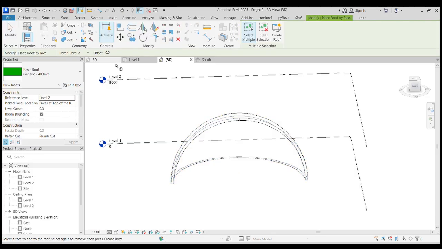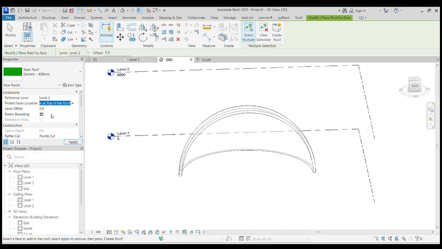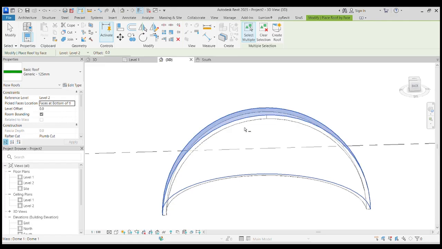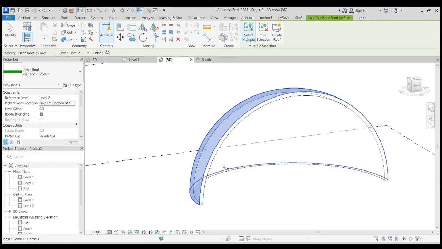Let me tell you the difference between either tools. When you go into the roof, it will be somewhat messy because of the end sides, these here and these. When it touches the ground, it is somewhat informed to make a cut, you know, a plumb cut or the rafter cut. Let me show you. You're going to go here, faces at the bottom of the roof. Let's choose a roof that is a bit thinner, this one. Select the face, and as you can see, I selected the exterior face. Create roof,